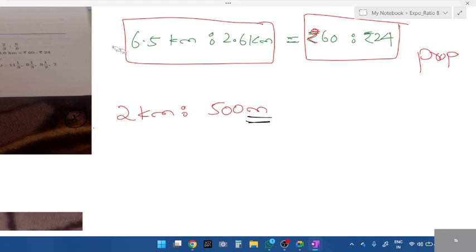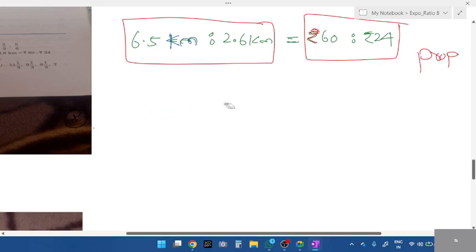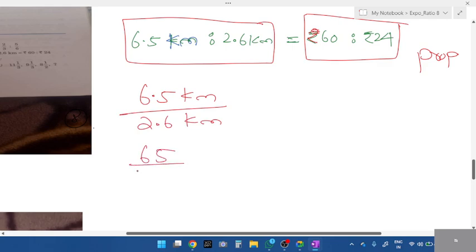Solve this, students. Amilda, this part I've taught in yesterday's recording. I'll send it. You can go through later. Look here. In this question, both are kilometers. Decimal is given. You explain, Amilda. How do you solve? You can write it directly. 6.5 kilometer divided by 2.6 kilometer. Then now remove the decimal. No. 65 by 10 into